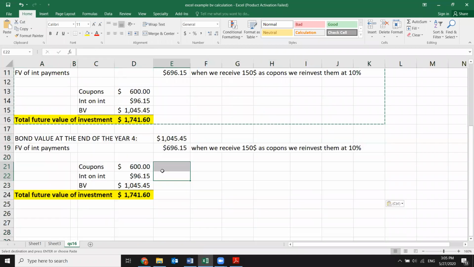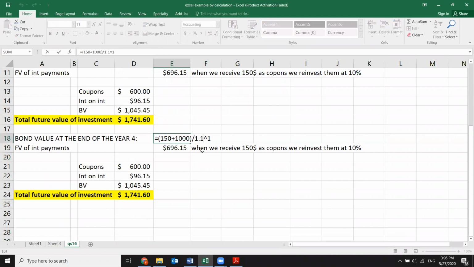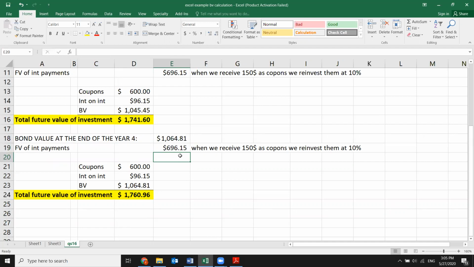Okay. So we will change the interest rate only, to not 10%, but only 8%, okay? That will change the total future value of interest. And this will be 0.8. So if in here, the bond value,